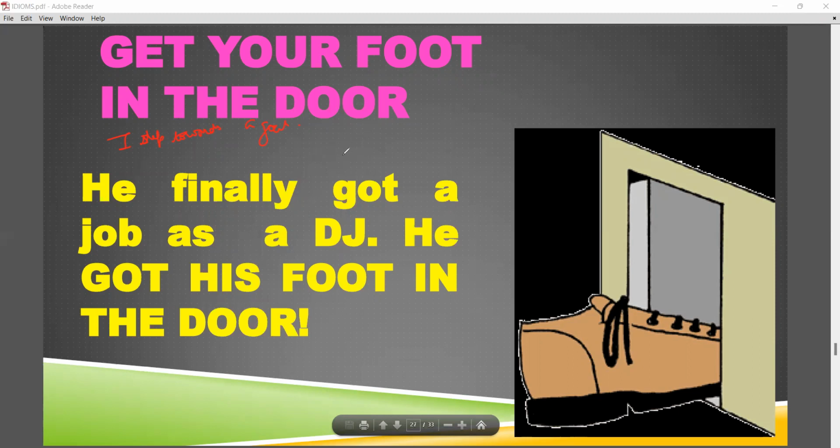So it's used as an opportunity to get your foot in the door, that the door is now open and you step in through that particular door. Okay, so you've made a first step, and you may achieve quite good numbers. You may achieve heights in that particular thing that you have put your foot in. So that is the case, to get an opportunity to make a first step towards it. That's how it can be referred to.